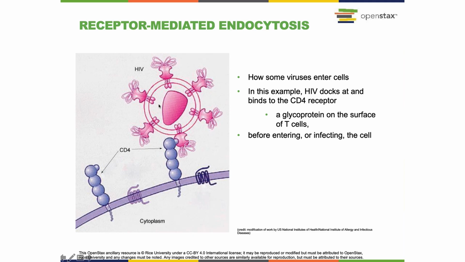Okay, receptor-mediated endocytosis. Certainly, this is a way to get things we want in the cell, but this is also a way some viruses enter the cells. Okay, here's an HIV virion, and it's binding to the CD4 protein, or the G2 protein, on the surface of a CD4 white blood cell, a CD4 T cell. And once it binds, now it can be drawn into the cell,